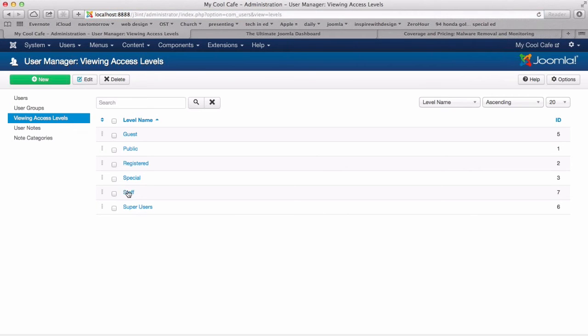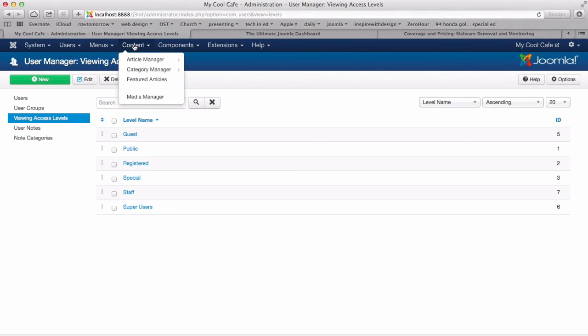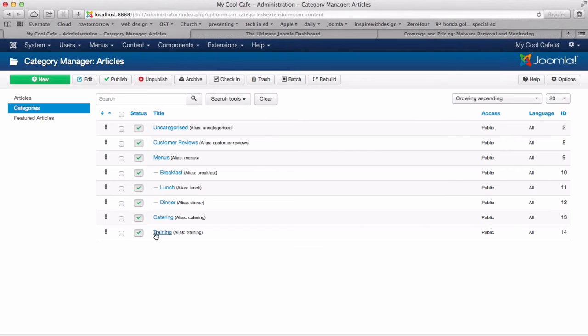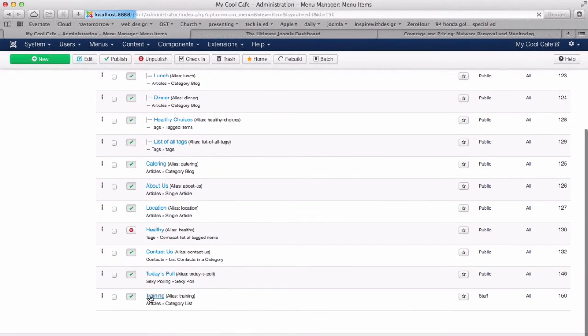Then under viewing access levels, we set up a staff viewing level that managers, administrators, staff, and super users all had access to, which means anybody who logs in just as a registered user, or even our authors, editors, and publishers, can't see this content. After that, we went to the article manager and the category manager, and we set up a training category that was limited to only those users. And if you remember our cache workflow, categorize, add, and show, we then set up our main menu as well to say that the training menu